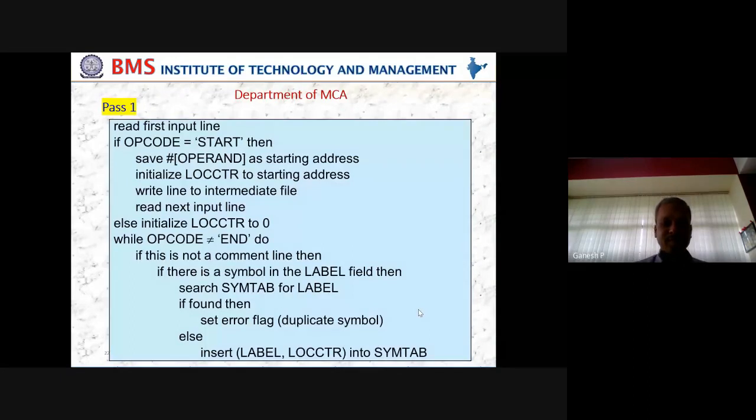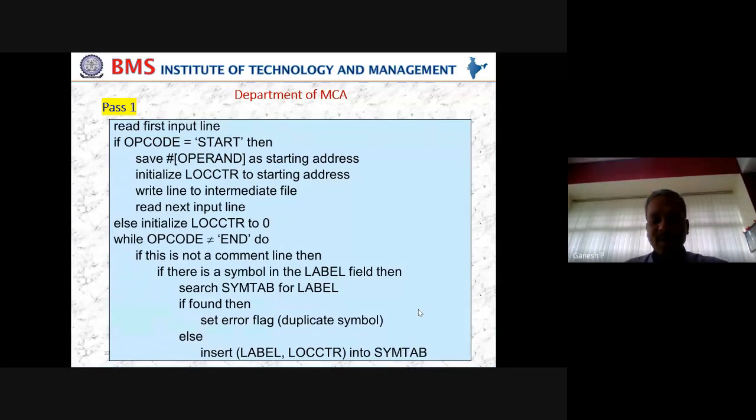Fine. Now let us go to the algorithm. I don't want you to see my screen now because the algorithm is not very clear here. Whatever PDF I have shared with you, you can go through that. That is going to be helpful to understand. If you are able to follow this, not an issue, but I suggest you use the sheet that I sent just now in the morning, which is the pass one algorithm.